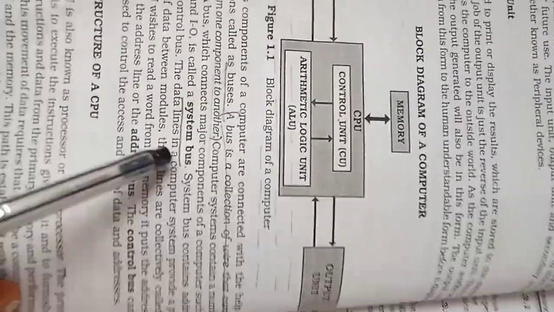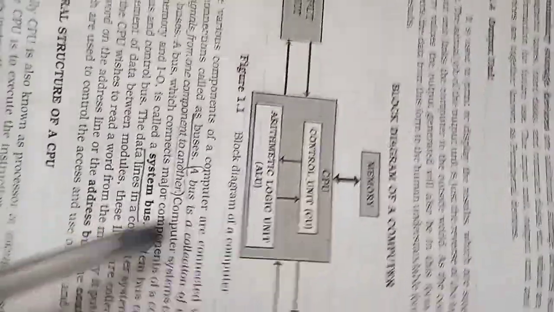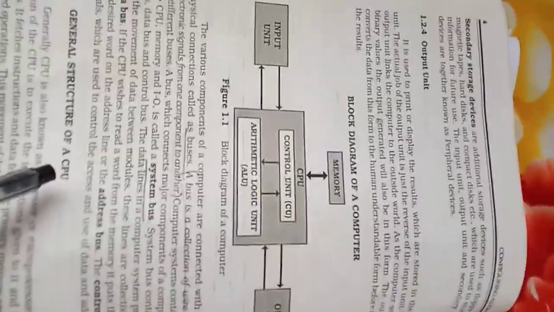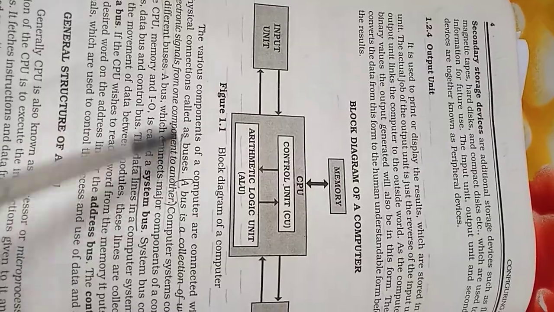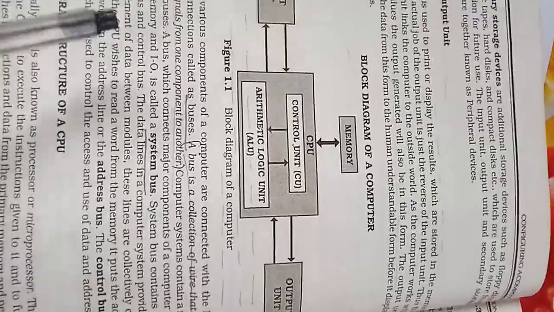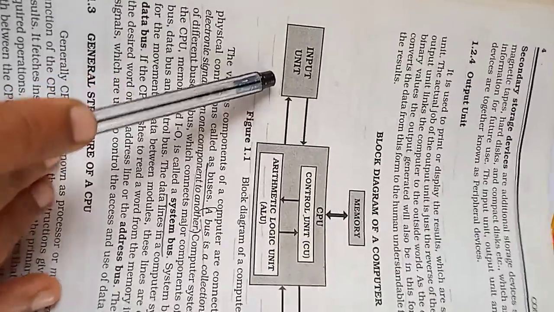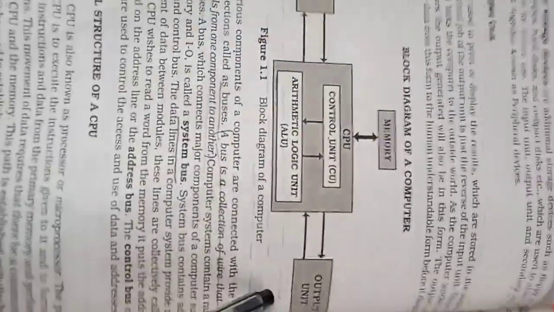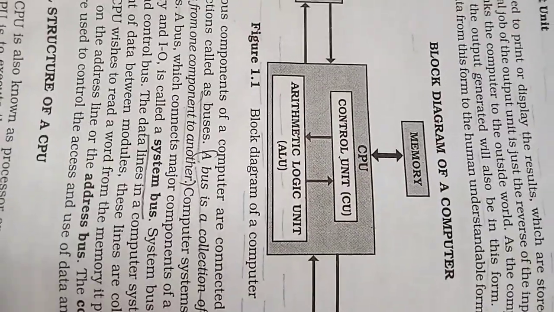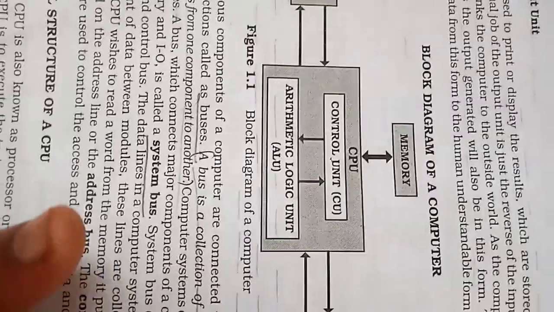You also have to know what a bus is. The definition of bus: a bus is a collection of wires that carries electric signals from one component to another component. So this is about the input unit, the memory unit, and the output unit. For the input unit you can give the example of a keyboard, and for output, a monitor. In memory, we will come back in the next class, and we can see the motherboard, with full details about the motherboard.